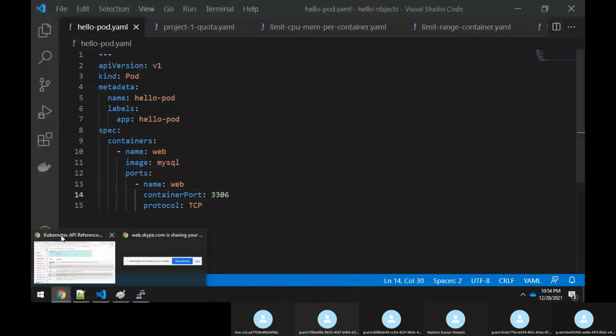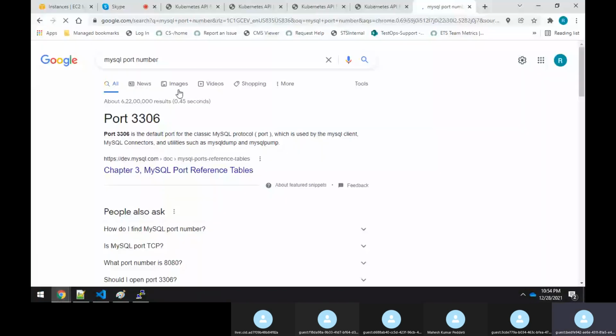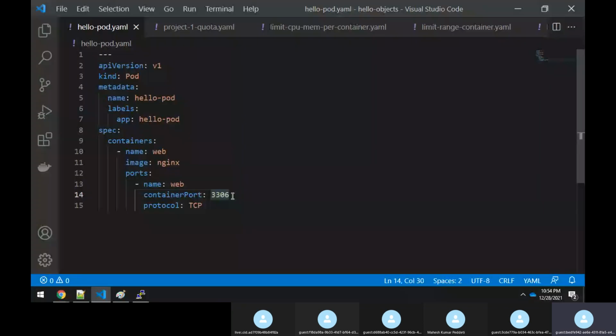Is it? Same thing you have to use here. But still, because I'm using Nginx actually, HTTP or Nginx will always work on port number 80. Okay, fine, good, sir. After that, what do I have?